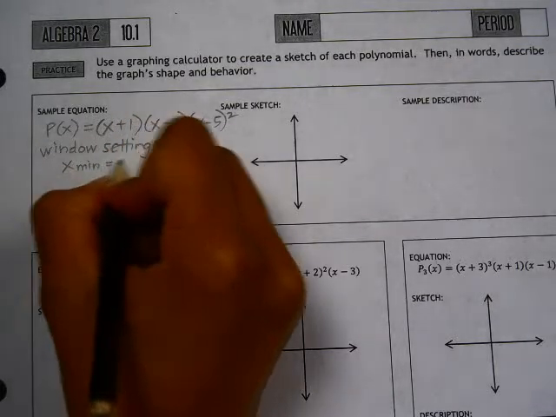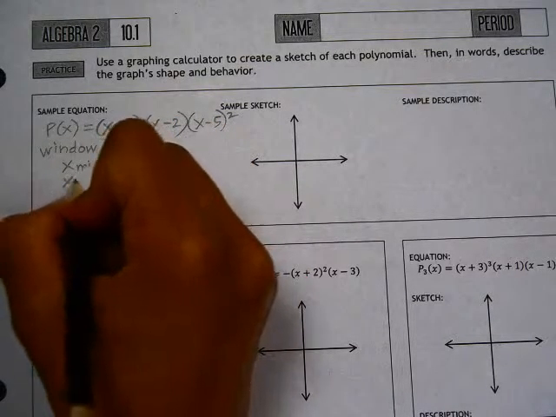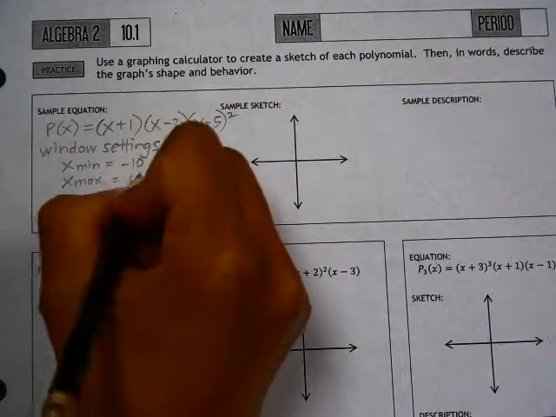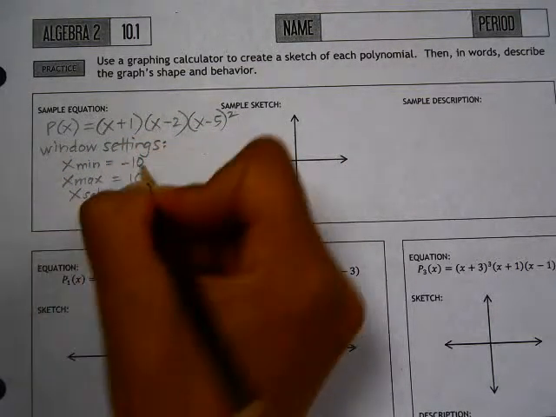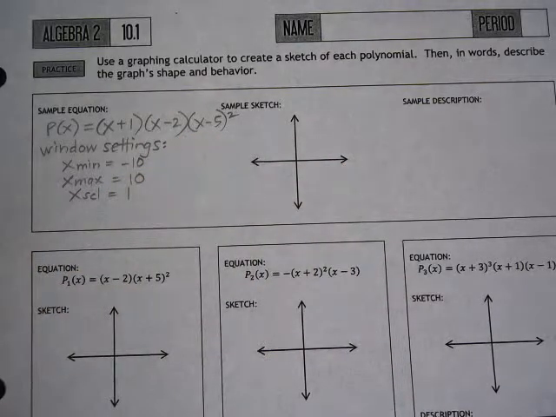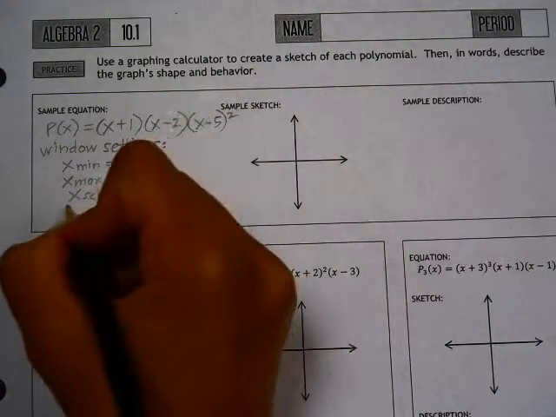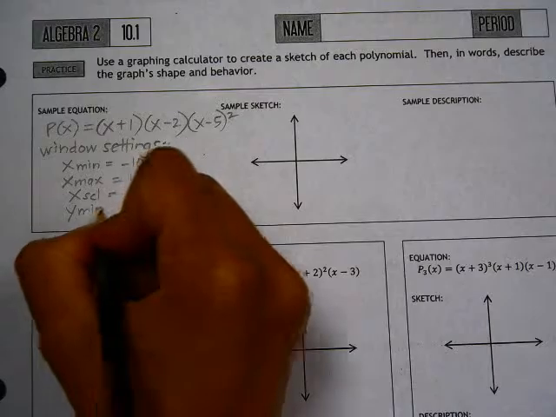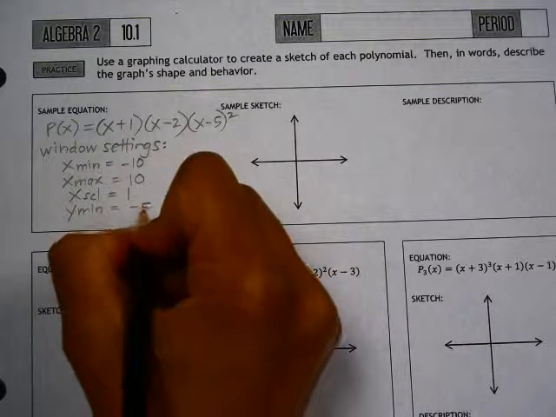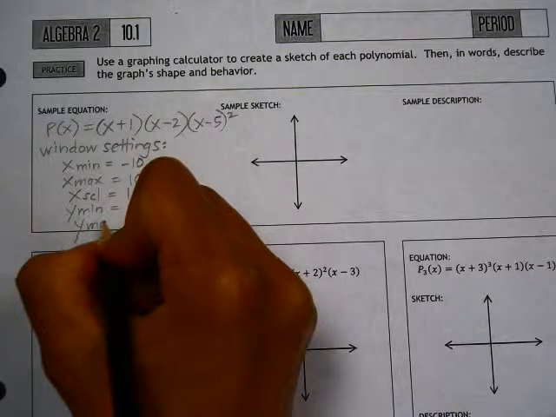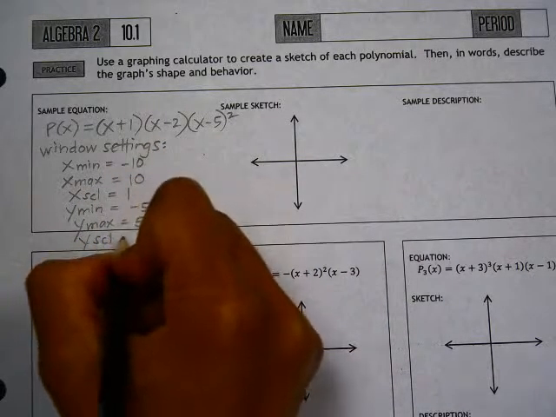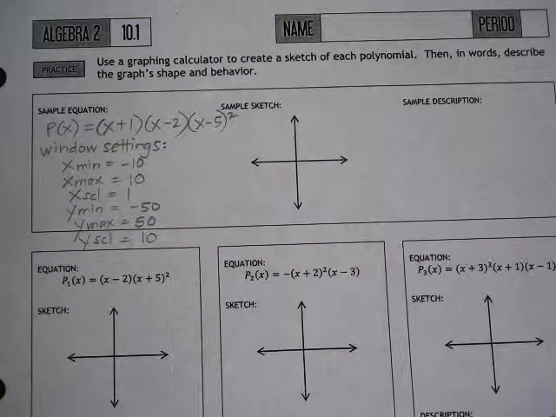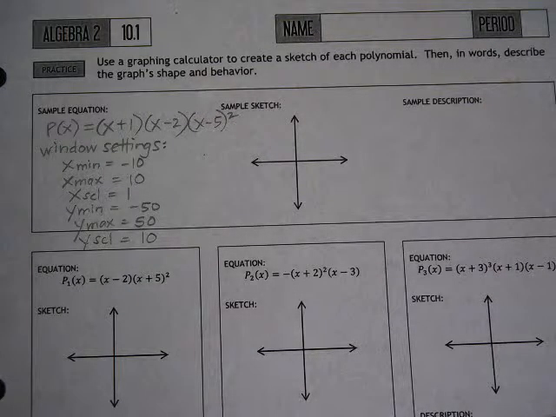The minimum x should be -10. The maximum x should be +10. The scale for x will be 1. And then for the y's, the minimum should be -50. The maximum should be +50. And the scale will be 10. So on the graphing calculator, the first thing